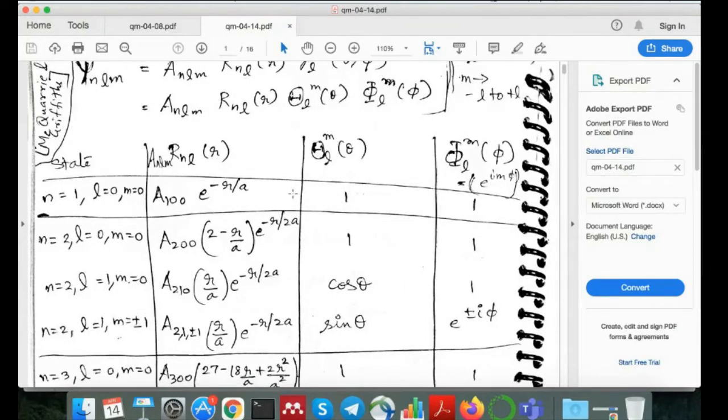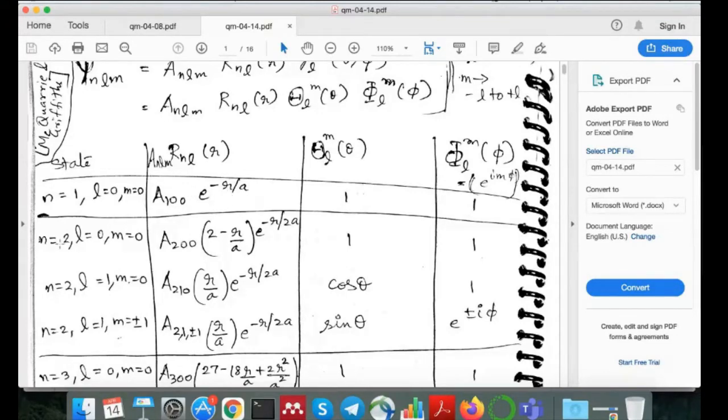But I wanted to write down this table because then we'll keep referring to it and proceed with our calculation or with our intuition, whatever it is that we are trying to learn. So now you can see that the wave function for the n equal to 1 state is a simple exponential, right? There is no other term. This is just a simple exponential.